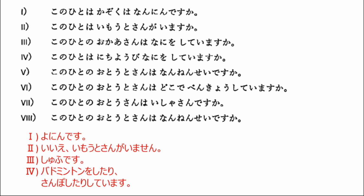この人の弟さんは何年生ですか? Since this person's younger brother is 2 years younger and is in 8th grade, the answer will be 8年生です。The sixth question is, この人の弟さんはどこで勉強していますか? Since this person's younger brother is studying in the same school, the answer will be 同じ学校で勉強しています。The seventh question is, この人のお父さんは医者さんですか? Since this person's father is not a doctor but an engineer, the answer will be いいえ、医者さんではありません。エンジニアです。